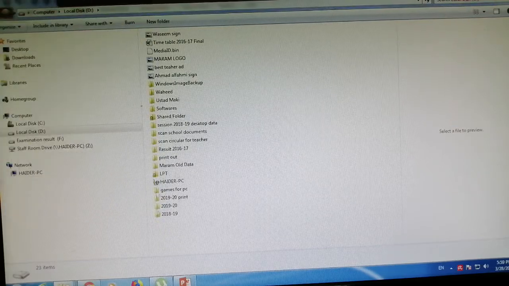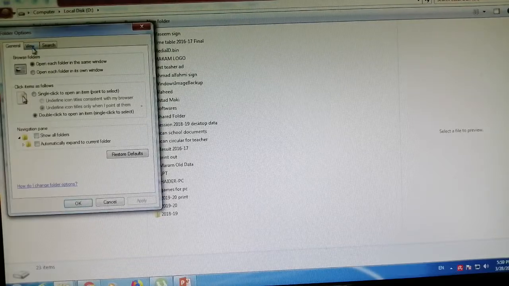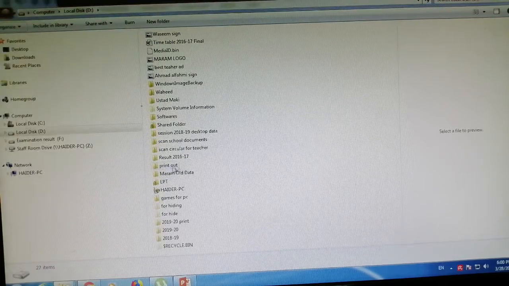You can see the folder which I have selected is not displayed. Now it is hidden from your eyes. But if you want it to be displayed again, then you have to go again to organize, folder and search options, go to the view options, and check on show hidden files. So apply on that. All the folders for which you have set the hidden property will be shown again. As I have created a new folder for this hiding, look here, it will be displayed again in this area. So this is how to hide and